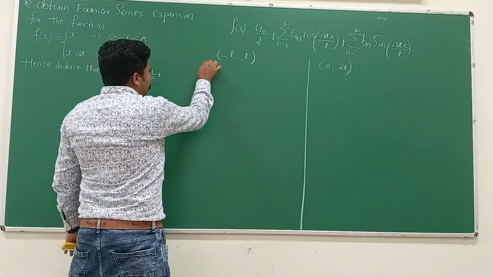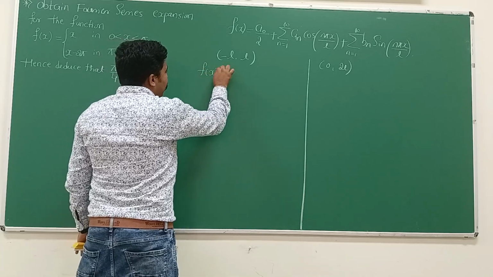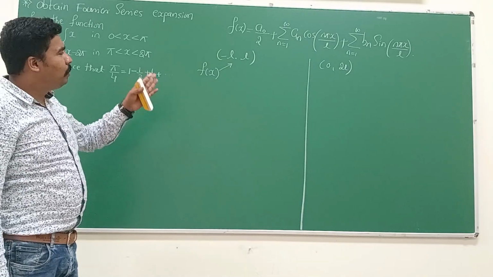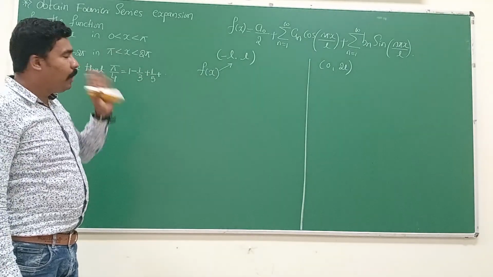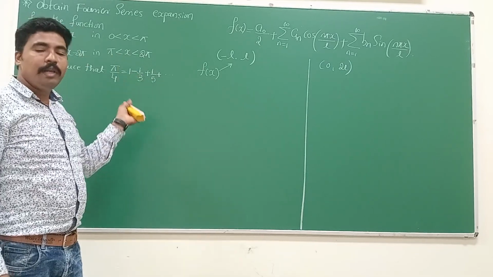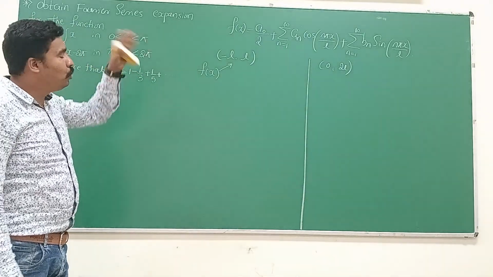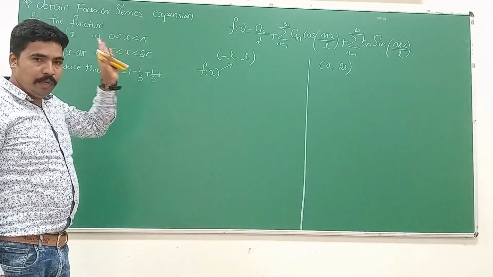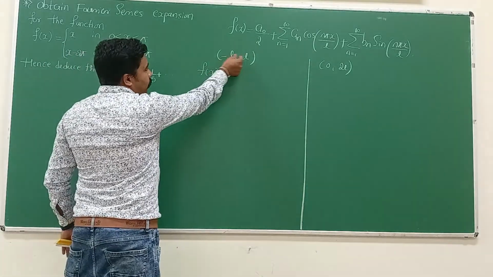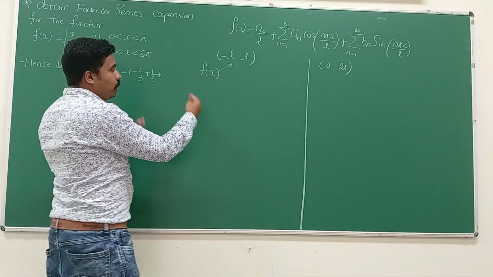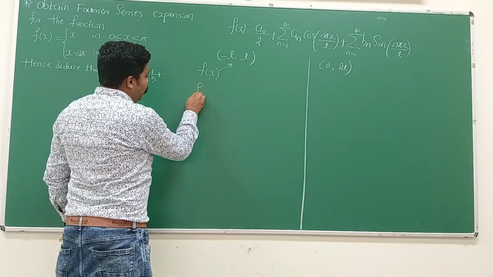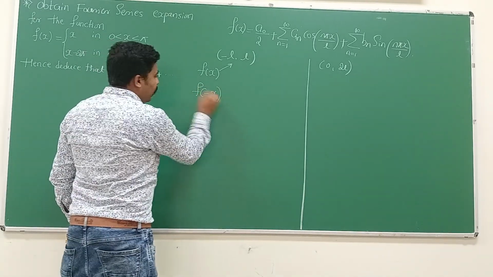Let f of x be defined in the interval minus L to plus L, which is arbitrary. We can take any value: minus pi to plus pi, minus 3 to plus 3, minus 2 to plus 2, minus pi by 2 to plus pi by 2, whatever it may be. So in general I have written it arbitrary. How do we check whether it is even or odd? The procedure says you have to replace x by minus x